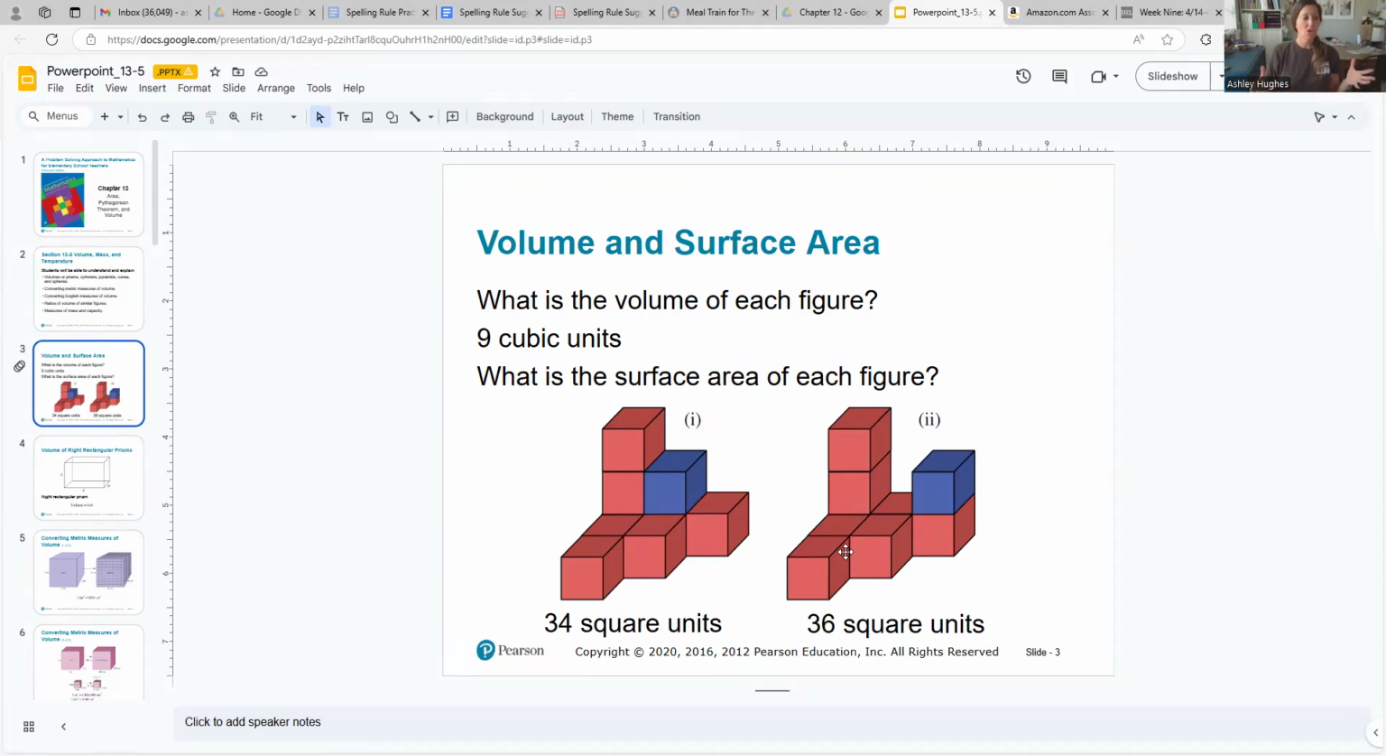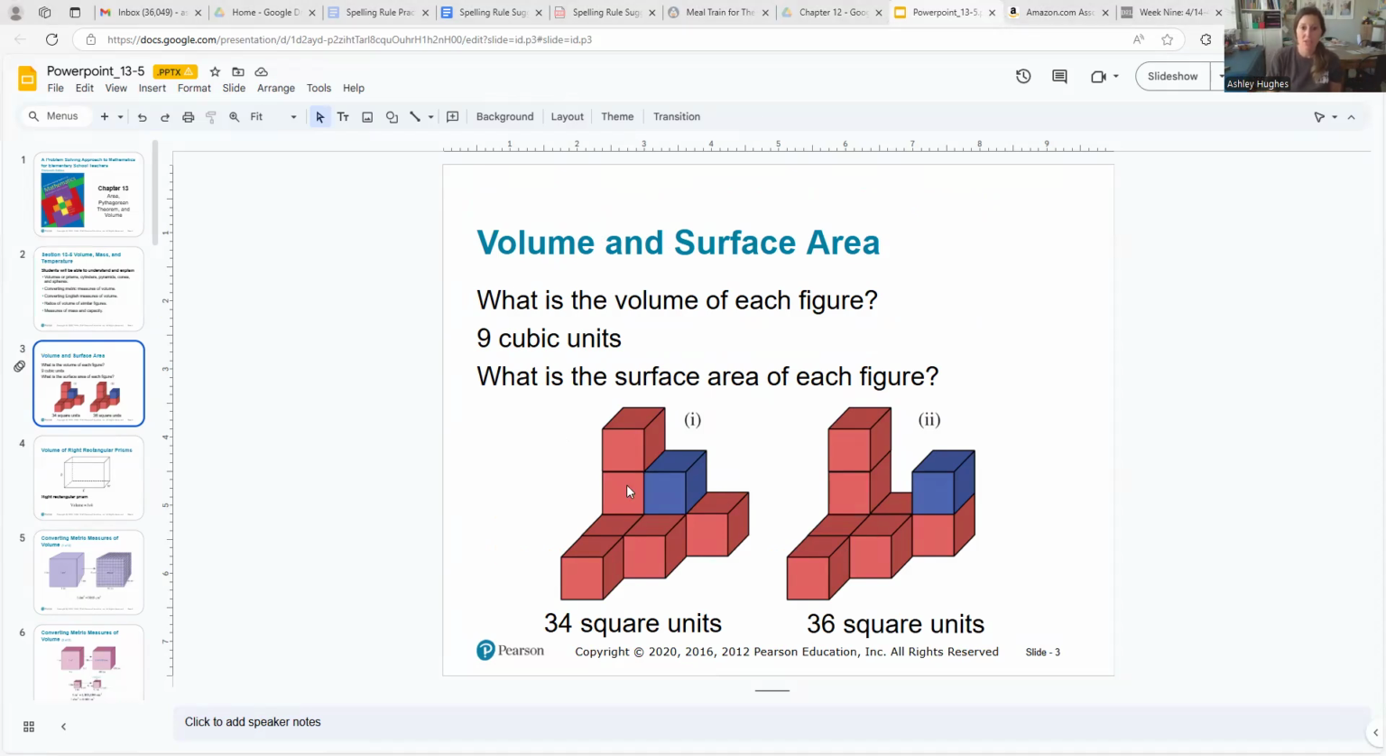So the volume is how much an object can hold. I want you to think about it like it's three-dimensional. It's like a capacity thing. So if I was just going to talk about volume in general with these two figures here, I see that